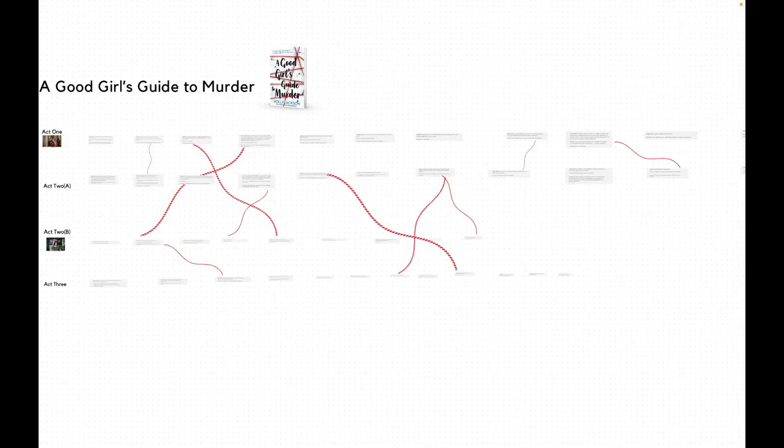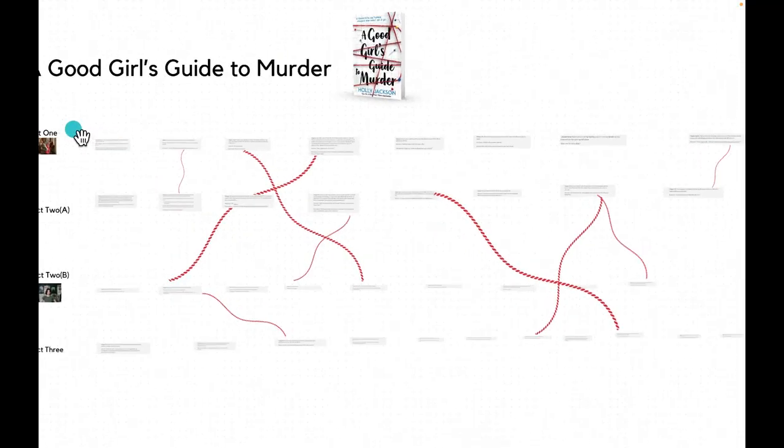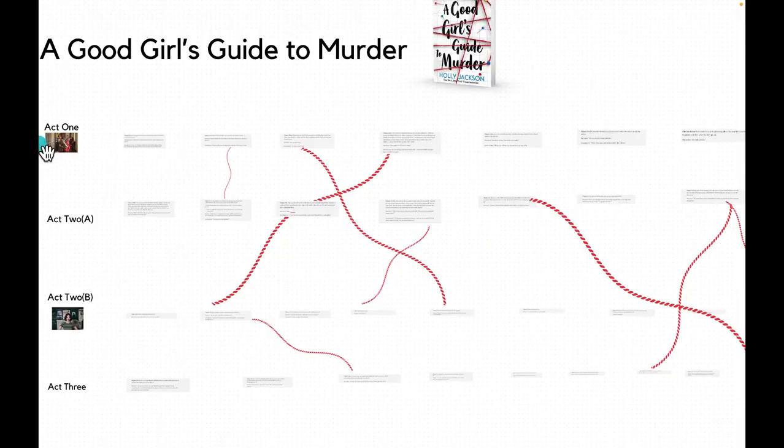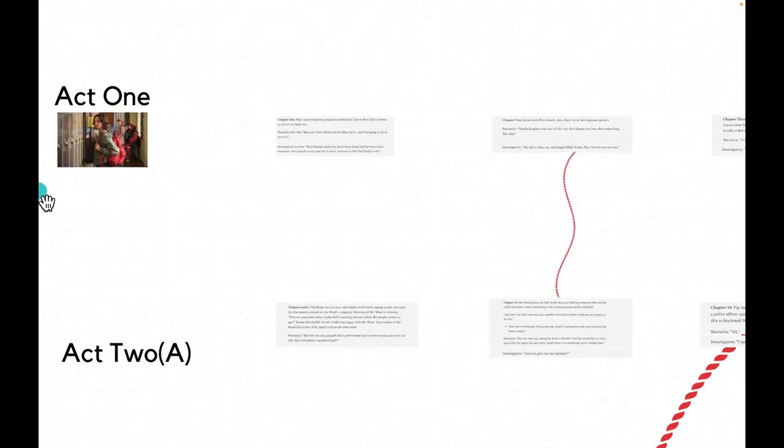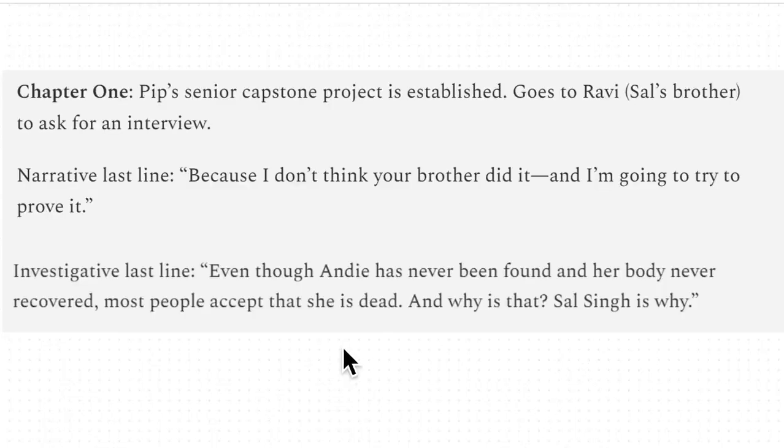So what we're going to do in this video is go through every single chapter, and we're going to look at the last line of the chapter and talk about how that propels us forward, and also just the overall use and purpose of that chapter in the book. All right, so Act 1,